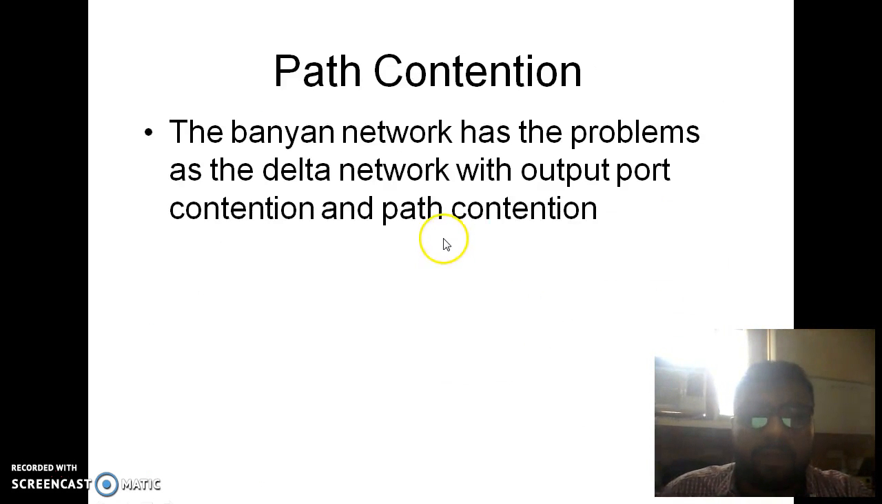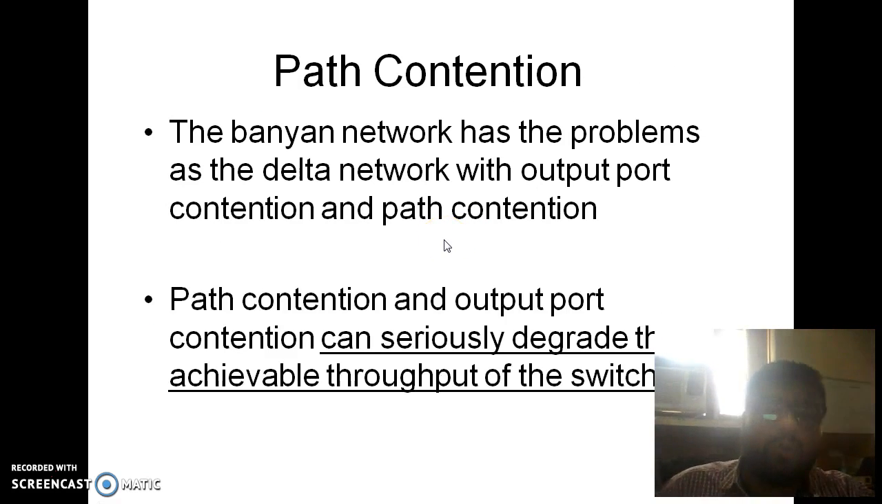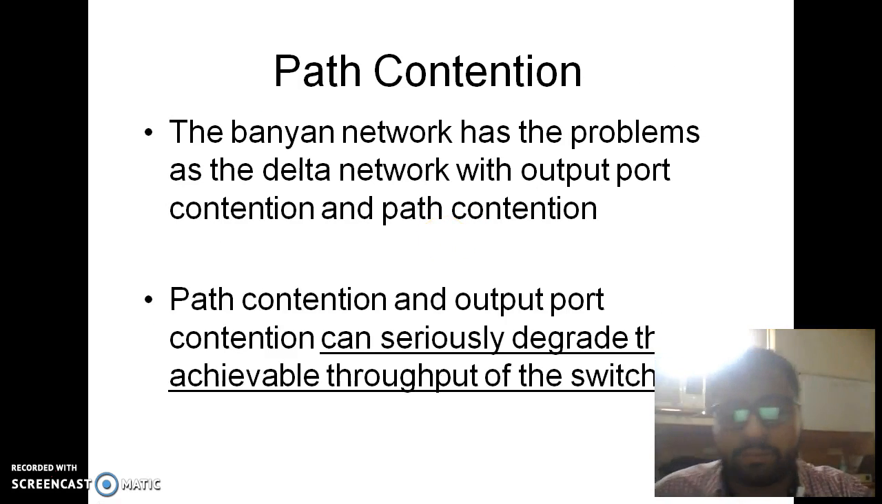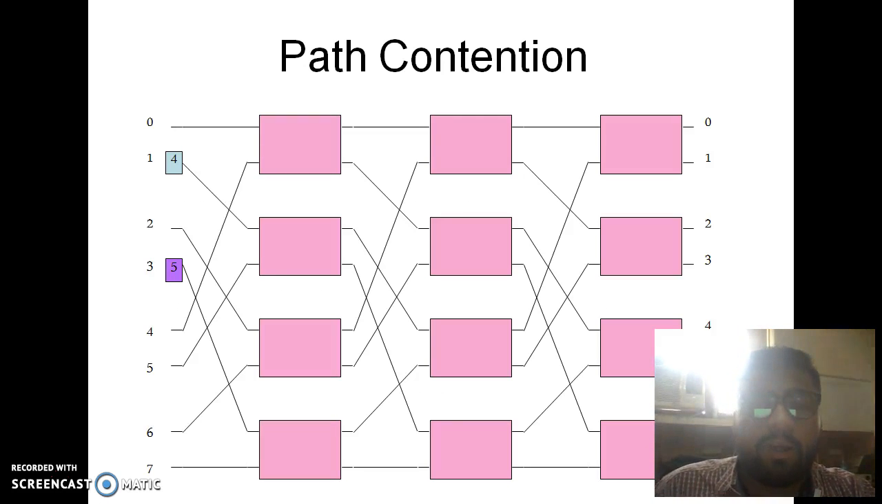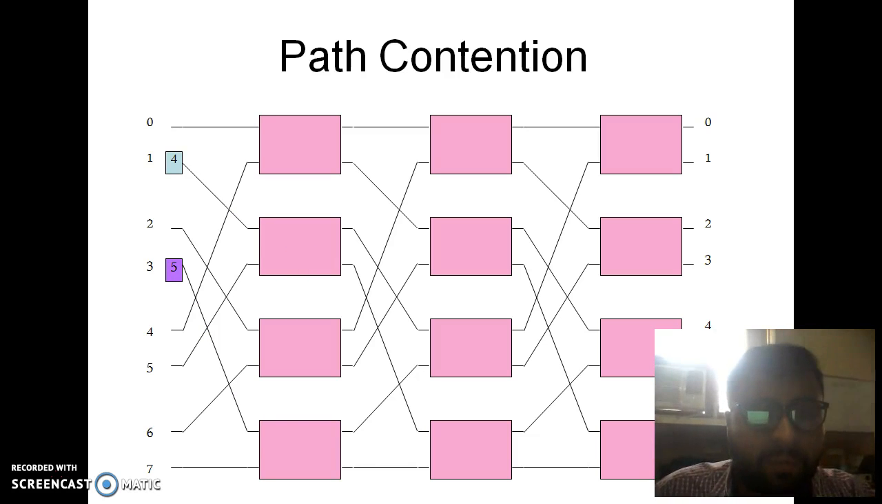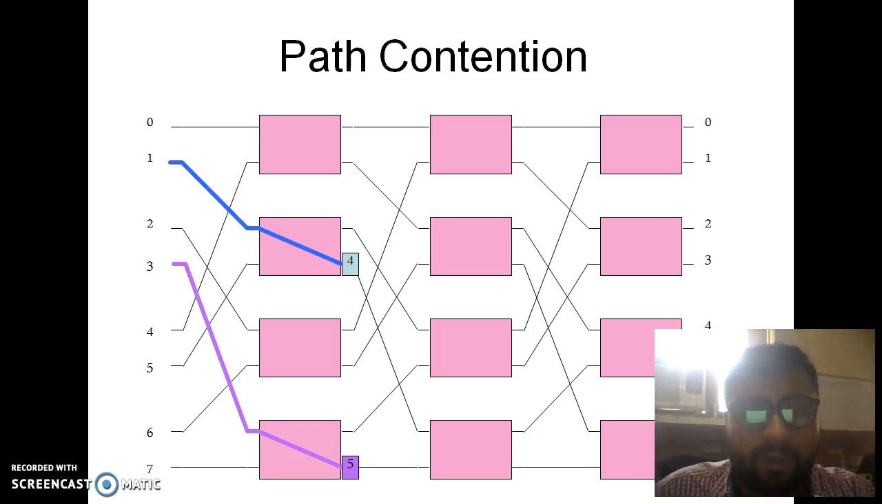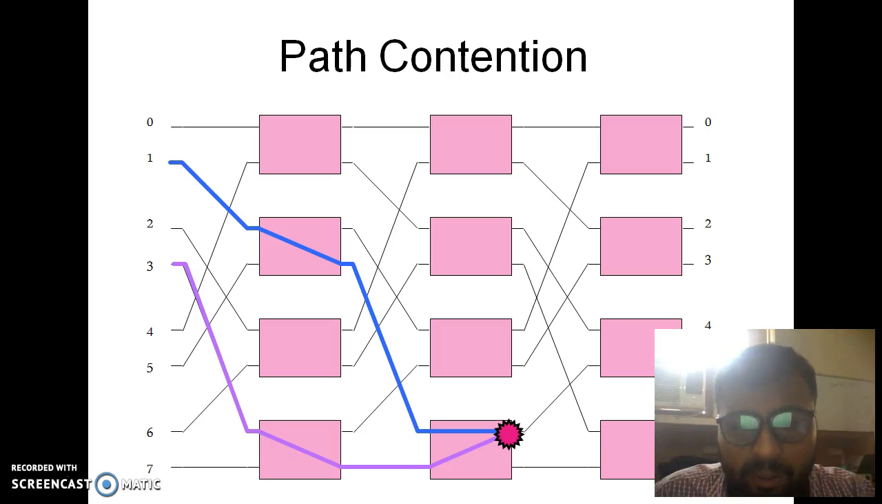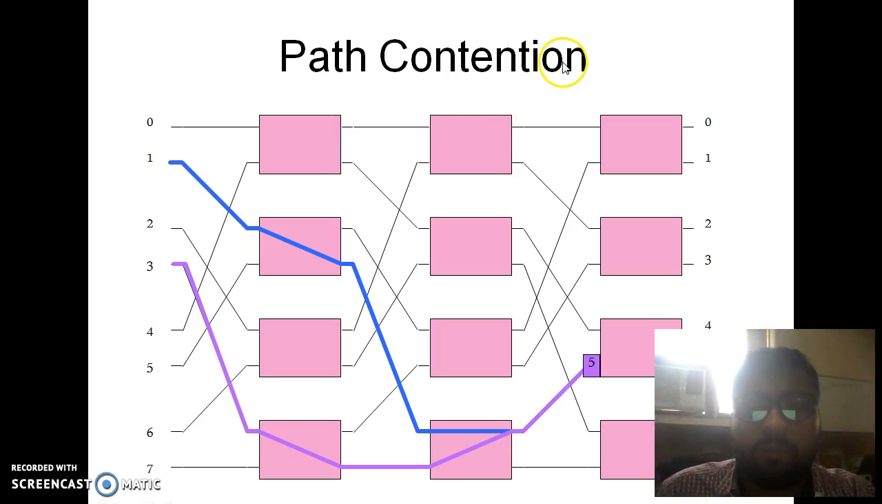Now sometimes path contention occurs when two packets are traveling through the switch and they somehow happen to get stuck at a particular point. Just like we can see, the binary equivalent of 4 is 100 and of 5 is 101. So packet 4 will take the bottom path, and the 5th will also take the bottom path, and as they move forward, you can see that there is a path contention. So in order to solve this problem of path contention,